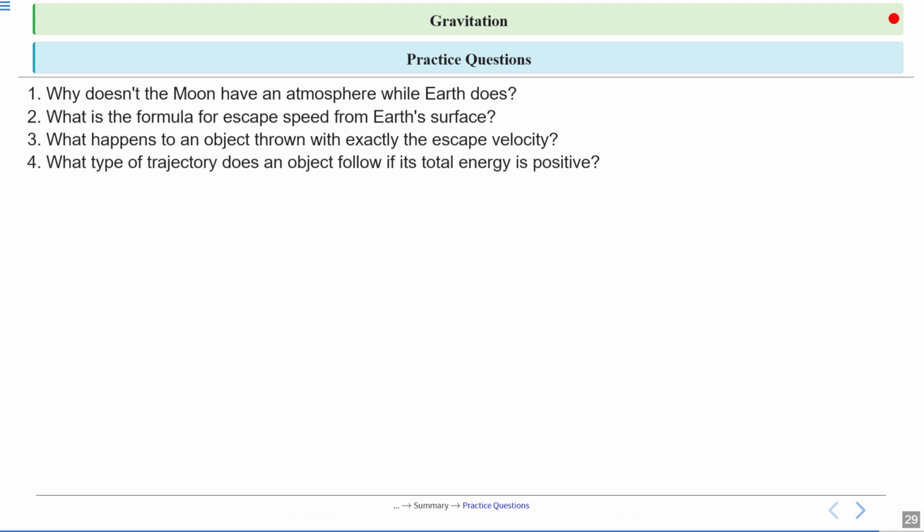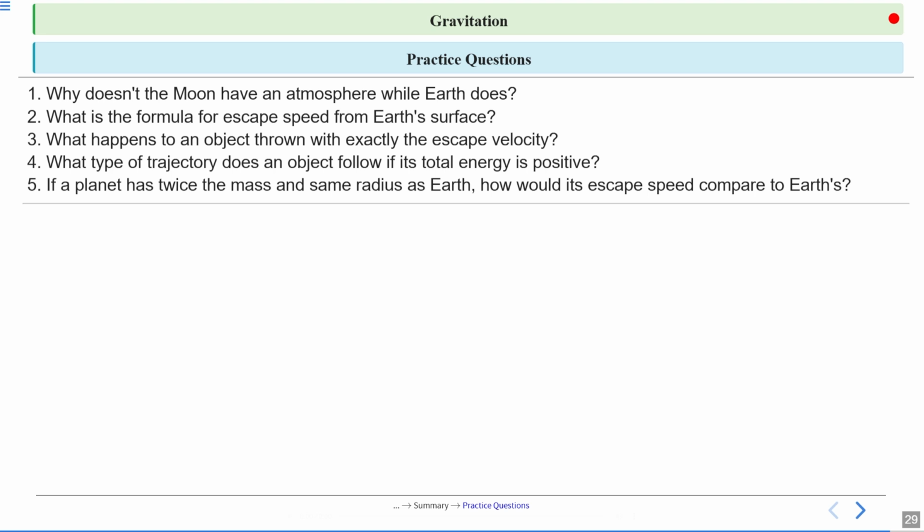What type of trajectory does an object follow if its total energy is positive? If a planet has twice the mass and same radius as Earth, how would its escape speed compare to Earth's? Alright, so these are the practice questions